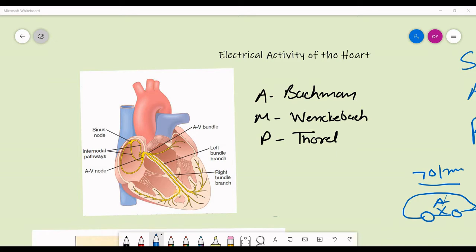On the other hand, the Purkinje fibers have a very fast conduction velocity. Because of that, the impulse travels to the ventricular muscles in very little time, and the significance is that the ventricular muscles will contract almost at the same time. If they don't contract at the same time, the force of contraction will be low. But as the ventricular muscle contracts as a unit because of rapid conduction of the impulse, the force of contraction will be high.